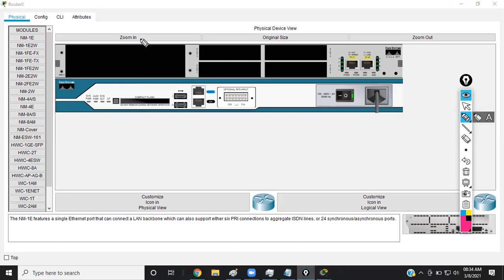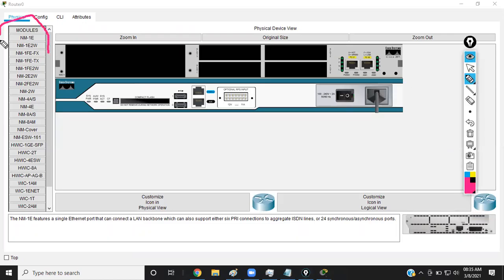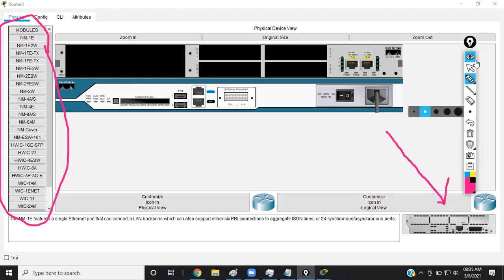Like you can see here, we have blanks. Okay, so if I want to add some devices here, like in this physical device also we have the blank one. You have to remove the cover and then you can add the devices. Here also, first we have to power off the device. Then you can see on the left side. Okay, and also focus here. If I click the first one,